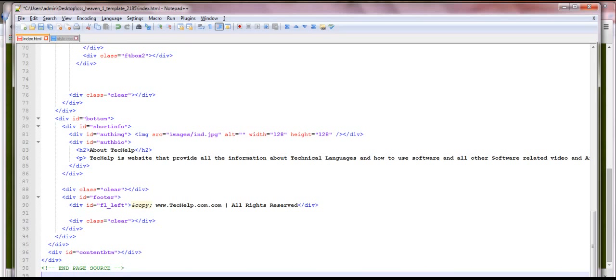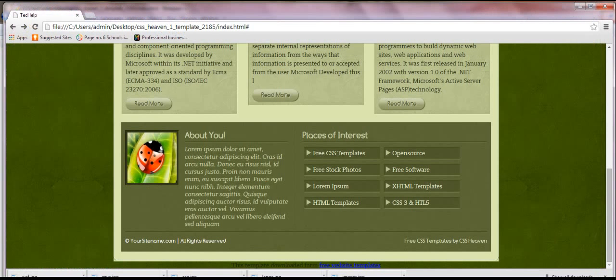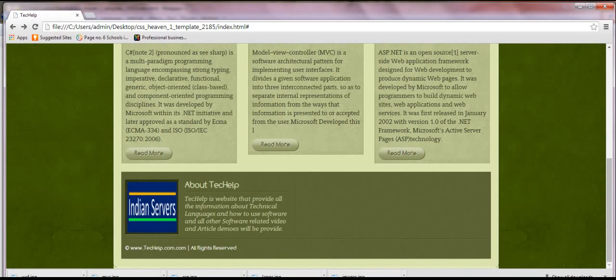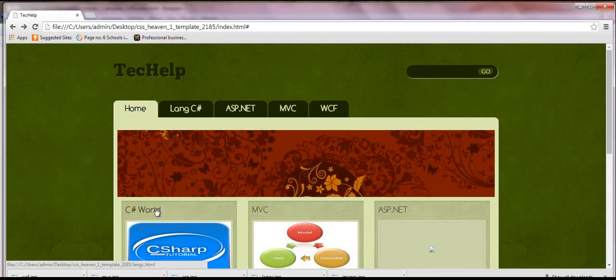Save it and then refresh the browser. Here it is, it has changed: techhelp.com, all rights reserved. About Tech Help: Tech Help is a website that provides all the information about technical languages and how to use software, and all other software related video and article demos will be provided. Here is the logo of Tech Help, and then I would like to develop the remaining 4 pages.